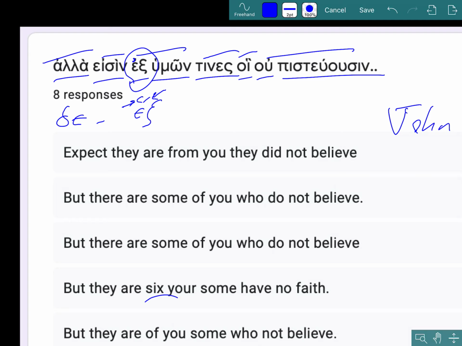And you will see that this word is not six, but it's really the preposition ek. But why isn't it ek? Well, it's because it comes right before a vowel, and then it changes to x. Okay, so how did we get this translation? We have estin, is. We don't have a clear subject, but it can be implied in estin, so it's something like there are